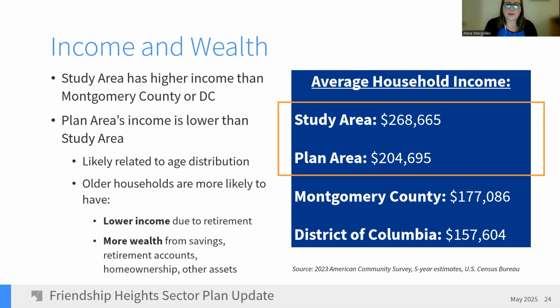However, older households are also more likely to have significant wealth that's not captured in income data. We don't have local level data on wealth, but national level data shows that older households, on average, have more wealth than younger households in the form of savings, retirement accounts, home ownership, and other assets. So based on this information and other characteristics such as education and housing, a topic that will be covered in the next section, or two sections from now, we will infer that the plan area is likely to be relatively